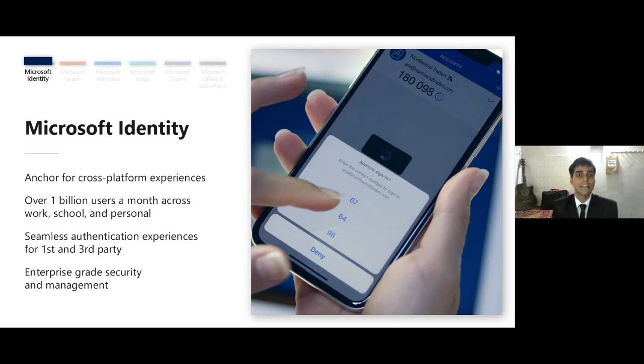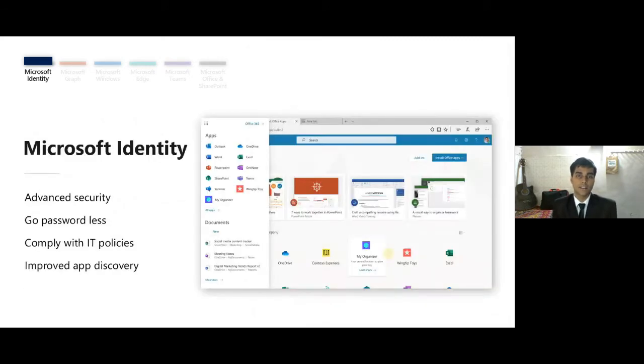Moving on, next is Microsoft Identity, different features. So Microsoft Identity's features, as I said, start with advanced security, the very primary feature. Next, it helps us to go passwordless. We don't have to remember any kind of passwords. It is really helpful. And yes, you need to have the device from which you have configured this identity account. That is important, because that device itself acts like an e-ID card or pass to enter the accounts which you want to log in to.